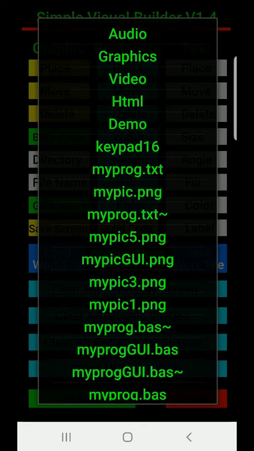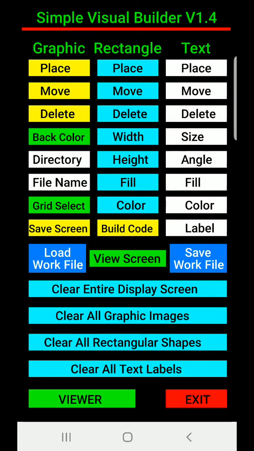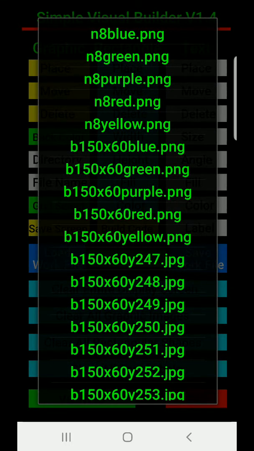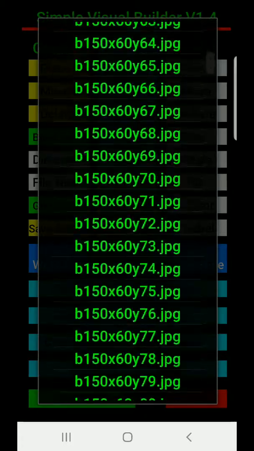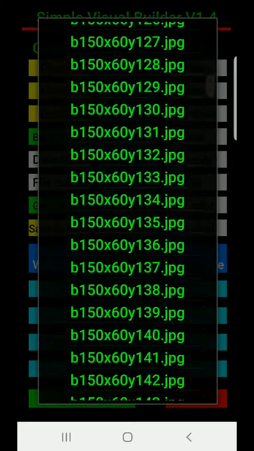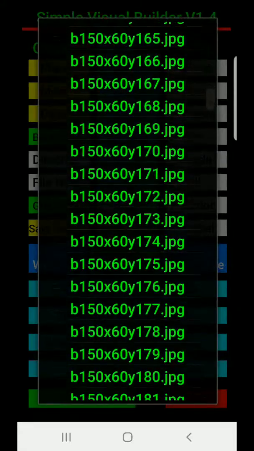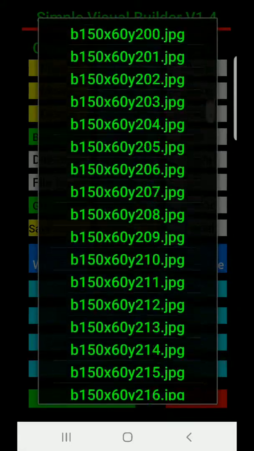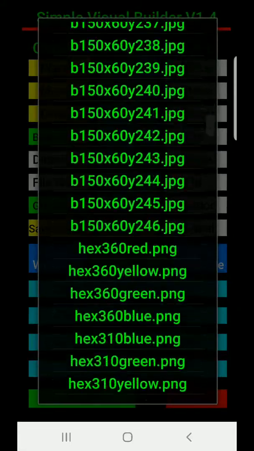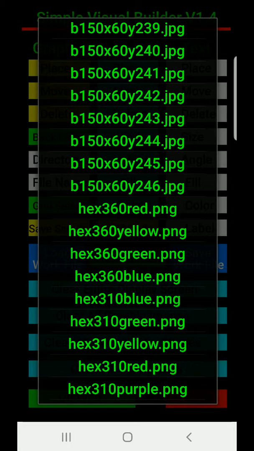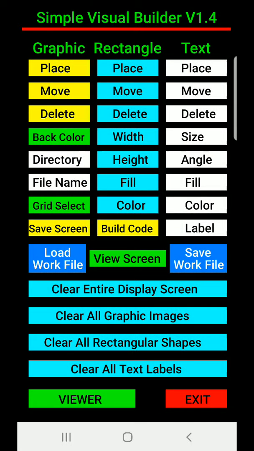This program has 33 main functions that it can perform, which are the following: place graphic image, move graphic image, delete graphic image, view screen, grid select options, background color options, clear entire display screen, clear all graphic images, clear all rectangular shapes, clear all text labels, save screen image, build code template, select file directory, select file name, place